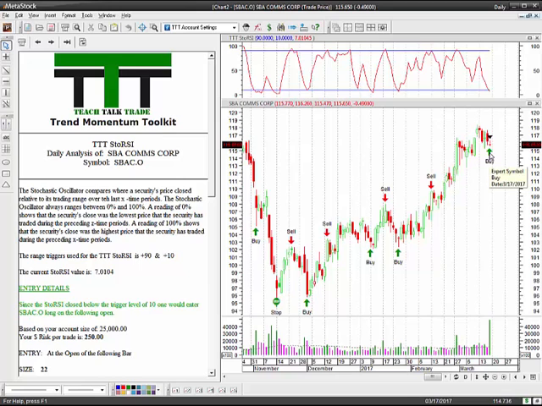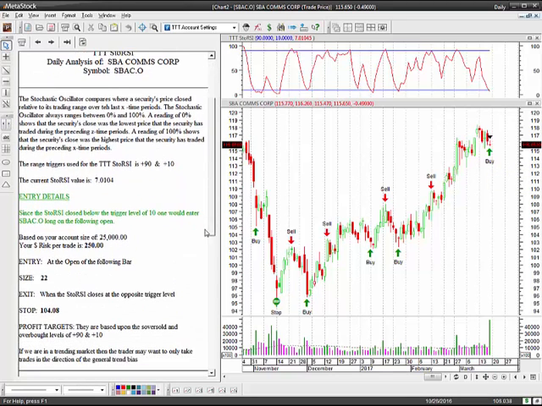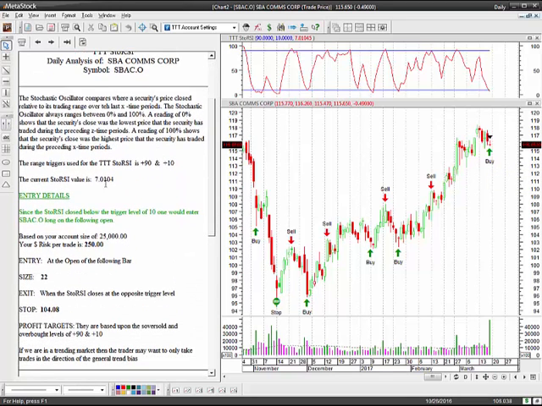Again, you can see we got a buy signal today. Come right over here. It did trigger at 7.01. It's giving us our entry details. Again, same thing, we're risking 250. We're going to put an order in for 22 shares, and we're going to put our stop in immediately at 104.08. And then what you're going to do is just leave it in, and we're going to run that report